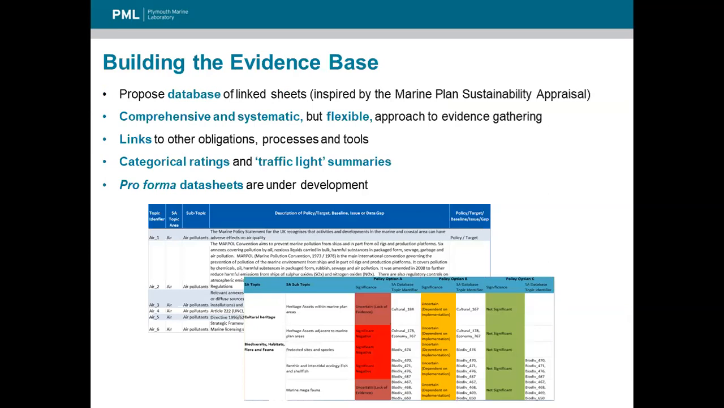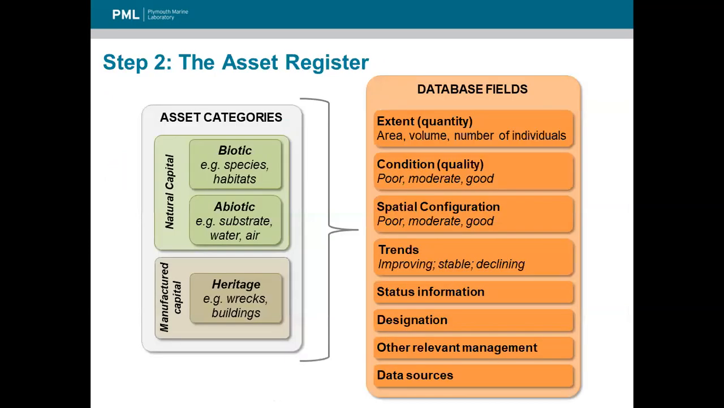And also traffic light summaries, red, amber, green, to help highlight where things are most at risk and where priorities need to be set. And we are actually developing some pro forma data sheets as part of the methodological guidance. So, the first part of the evidence database is the asset register, and that's about collecting information on natural capital and